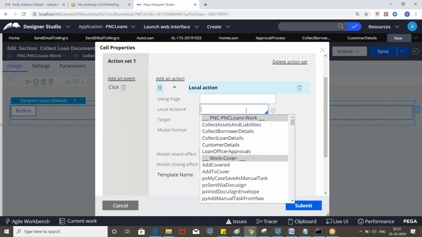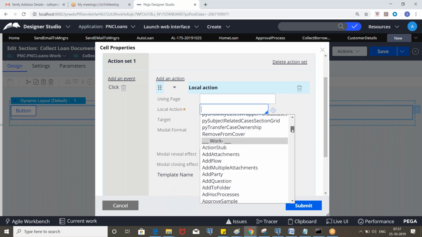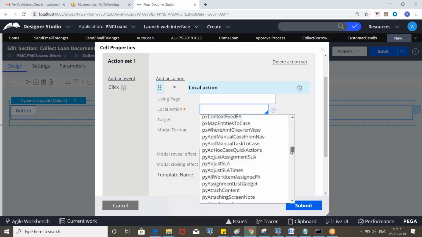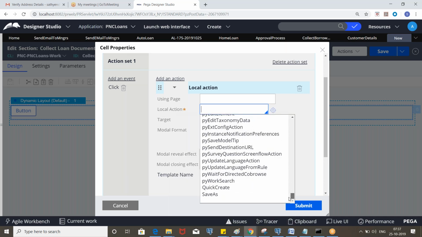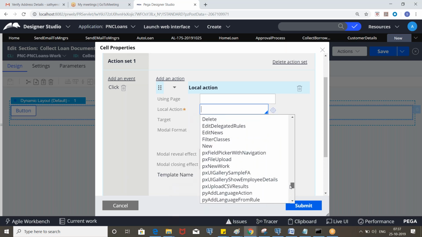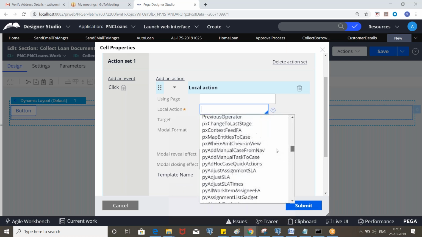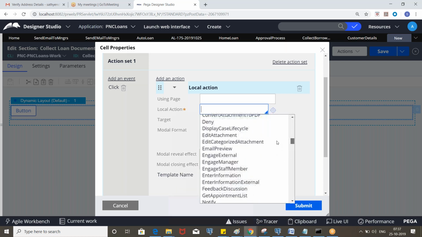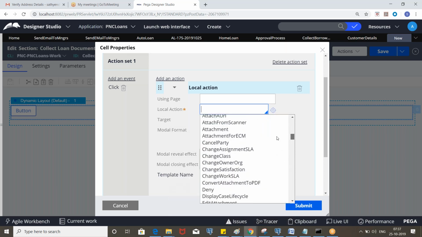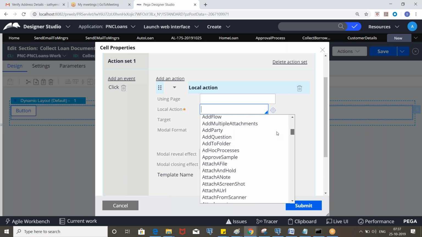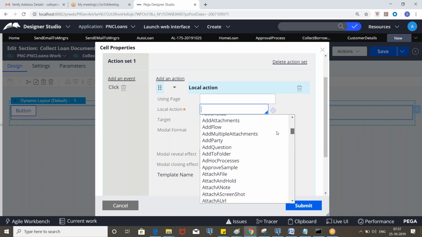We have some out of the box local actions. There is some local action called attach content, something like attach a file is similar to that.